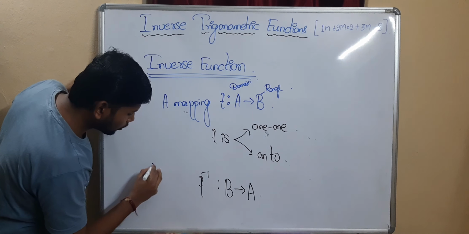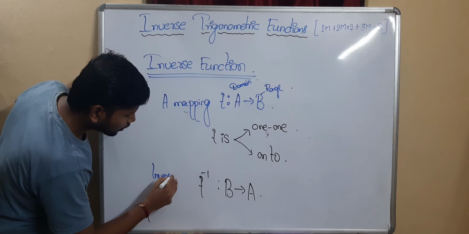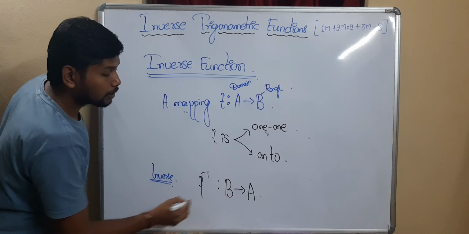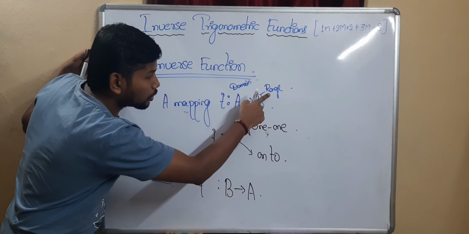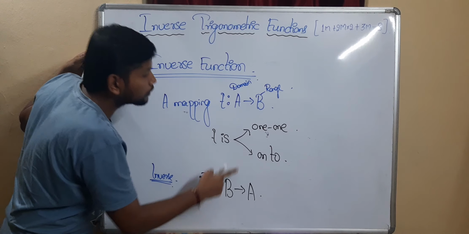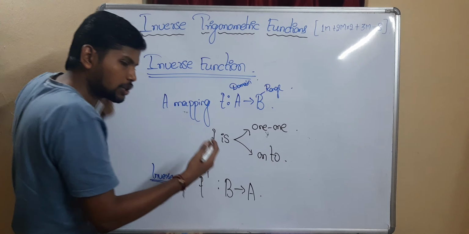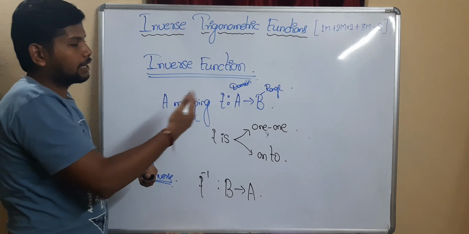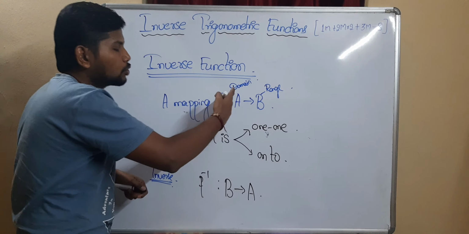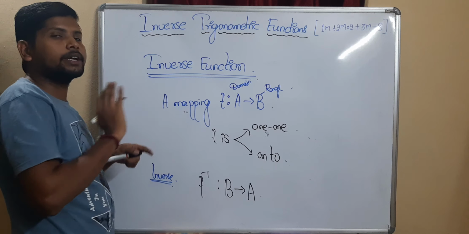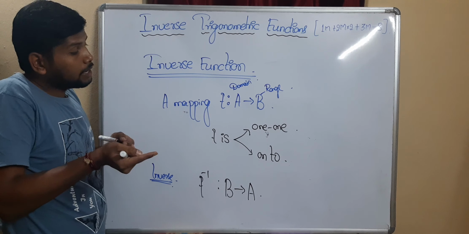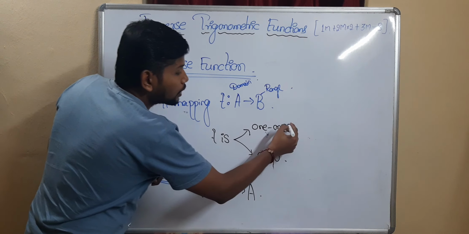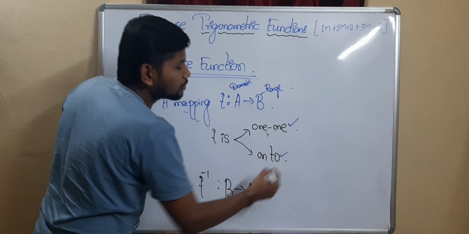Okay, in the inverse, the range will be domain and domain will be range. Interchange means the positions will be swapped. That's why it is interchanging the position. Domain will be range, range will be domain. Okay. Again, the next aspect will be, what is the meaning of 1 1 and what is the meaning of